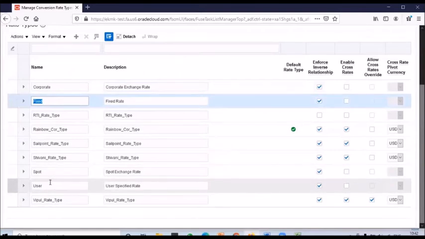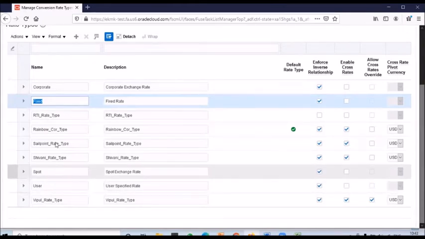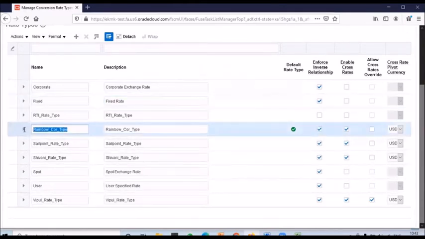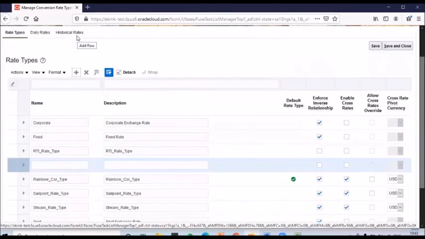These are the 4 rate types delivered by Oracle. After that, if you require any other rate type, the system always allows you to create your own. You can see here that a rainbow corporate rate type has already been created.